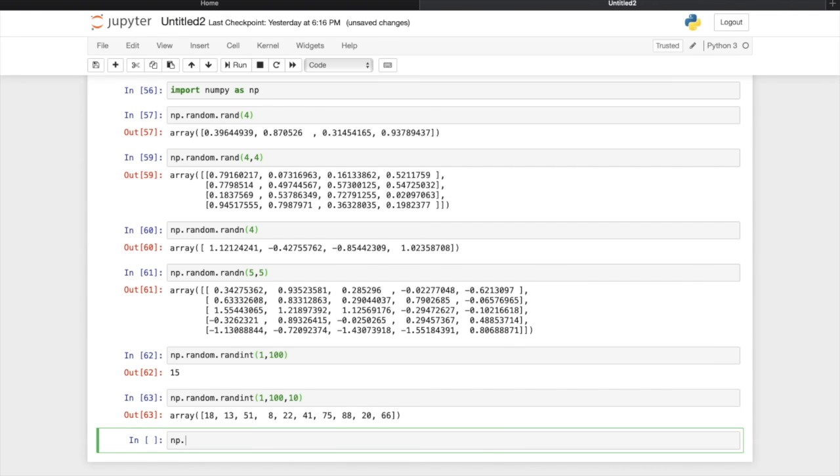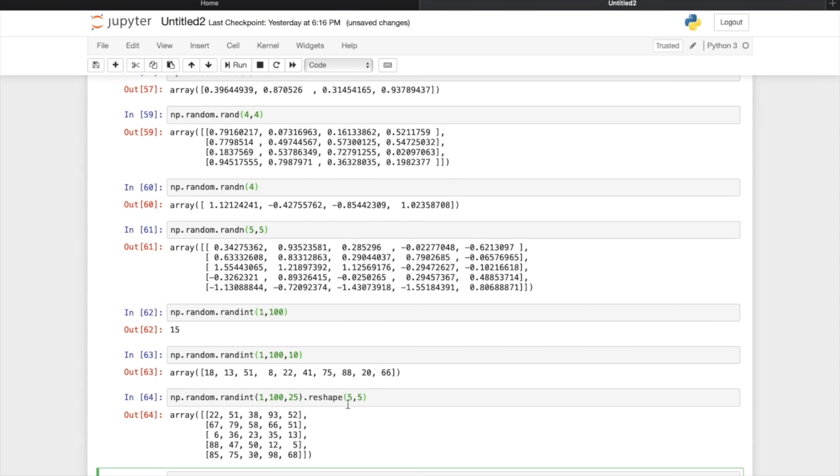So like np.random.random, 1 to 100, 25. This is going to give us an array of 25 random elements, and now I'm going to convert it into a 5 by 5 matrix. So I'll simply use the reshape method and pass 5 and 5 as parameters, and here we can see that we get a 5 by 5 matrix